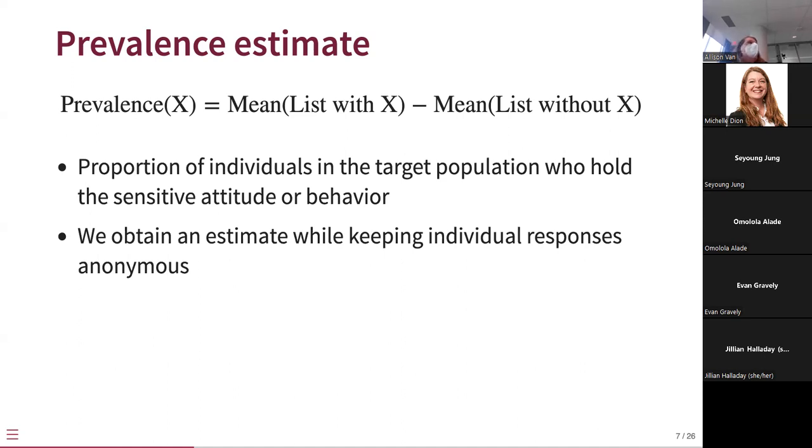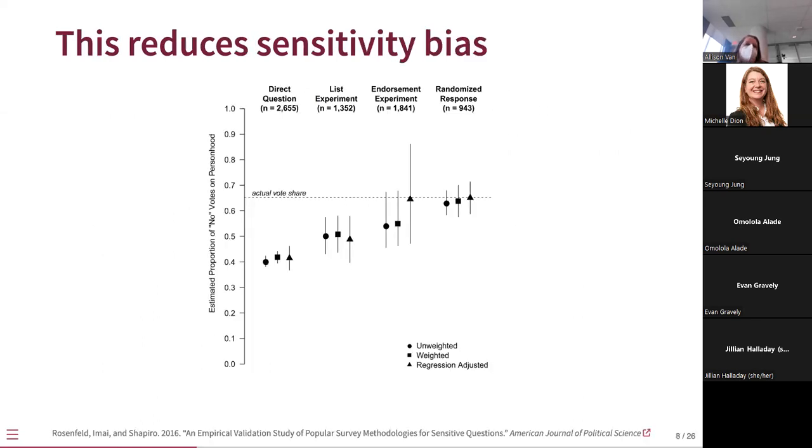So the guarantee here is that neither the researcher nor the enumerators know what individual responders are answering. But because we're doing things in this way, we know that we have a general sense of the population, and if our sample is good, then it's going to be a good approximation of the prevalence rate of the sensitive behavior or attitude in the population. The main advantage of asking questions this way is that it's reducing what we call sensitivity